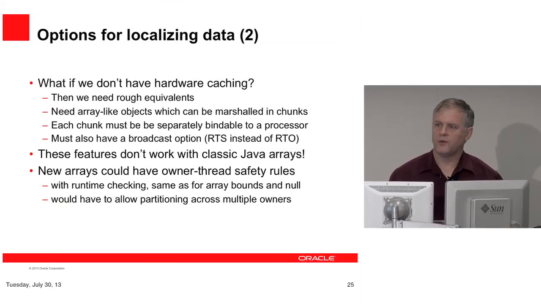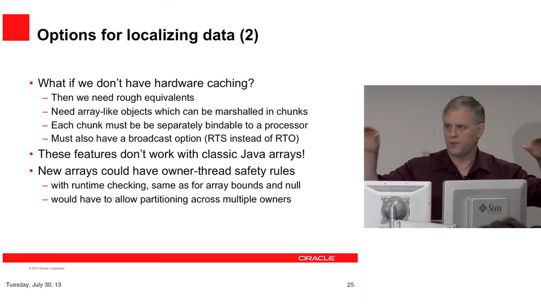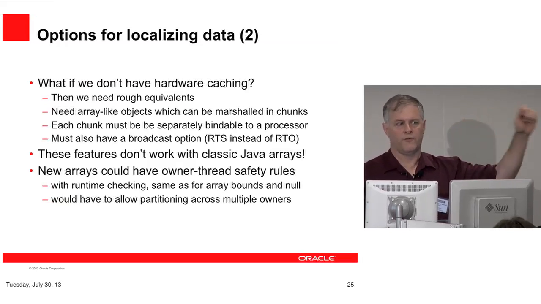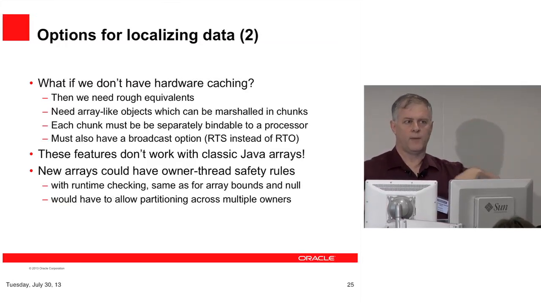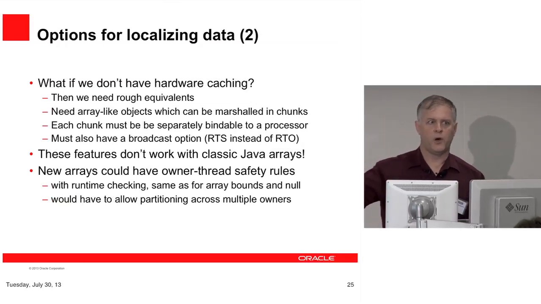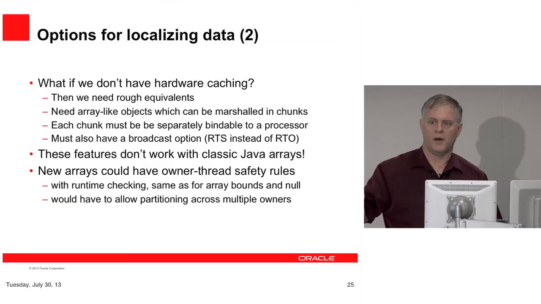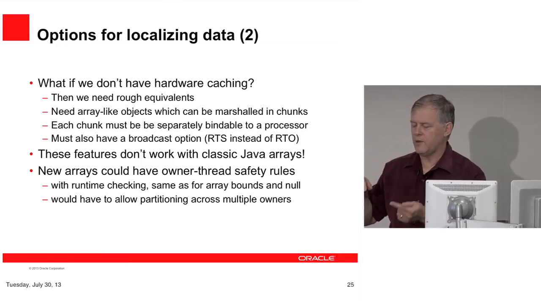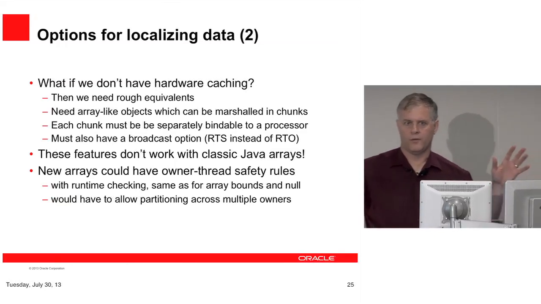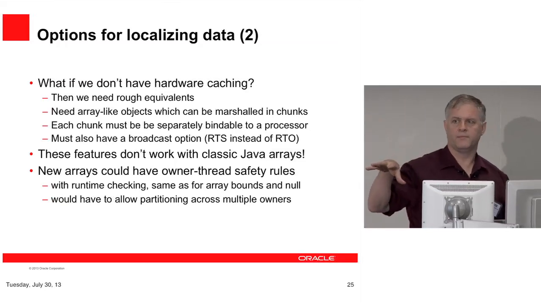And read to share and read to own actually correspond to up-level, interesting life cycles of Java objects that ought to exist. Read to share means I'm reading a value object or a frozen array, something that will never change and that I can replicate with impunity. Read to own means I need to poke this thing for a while, and I would really like to know that I'm the only thread poking it. I would like a hardware signal to invalidate. No, sorry, not hardware. I would like a software check to say that no other thread is side effecting this thing or even reading it until I'm done writing it, right?